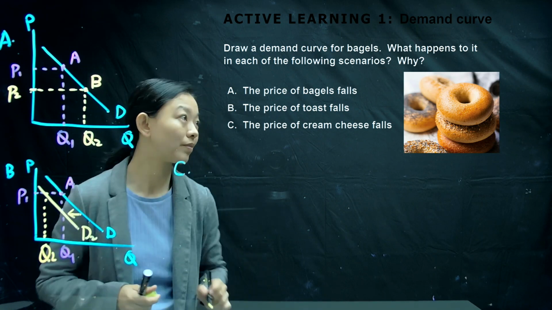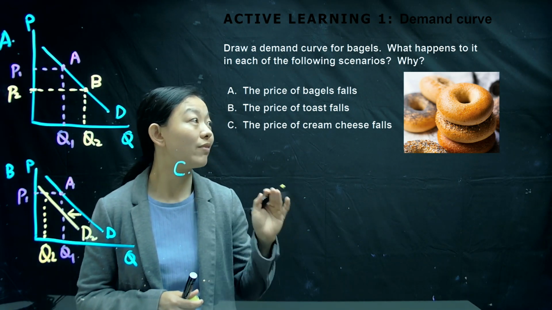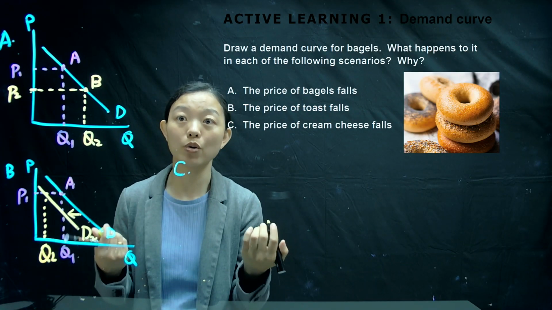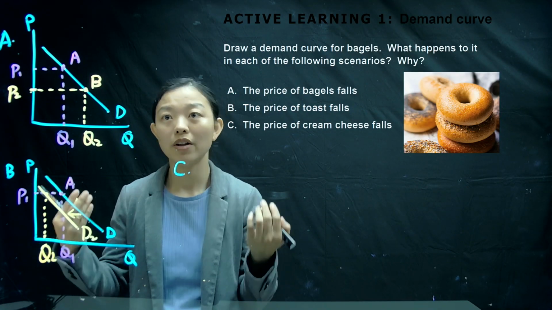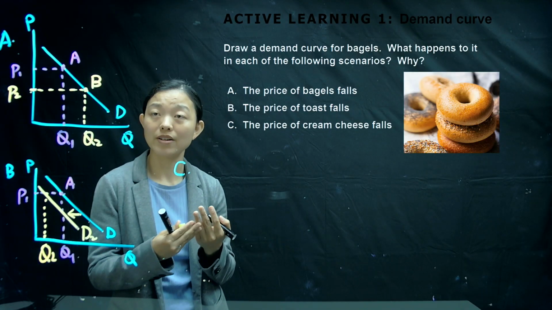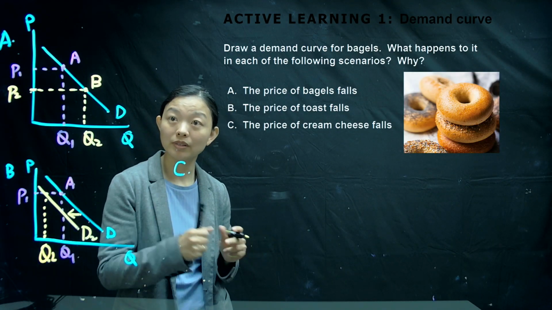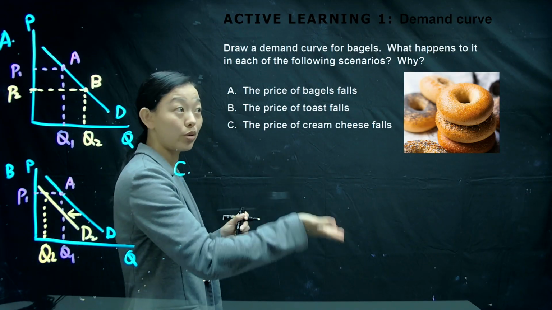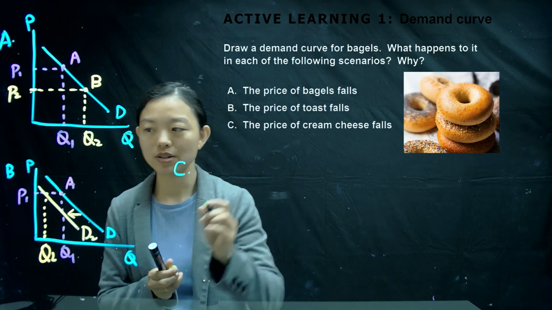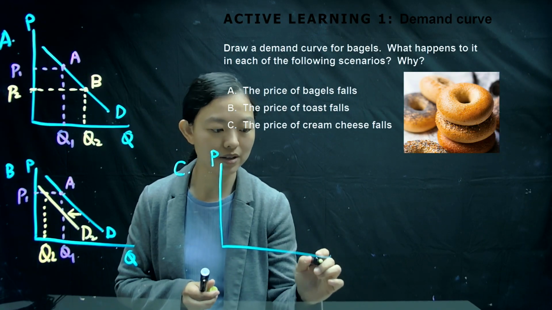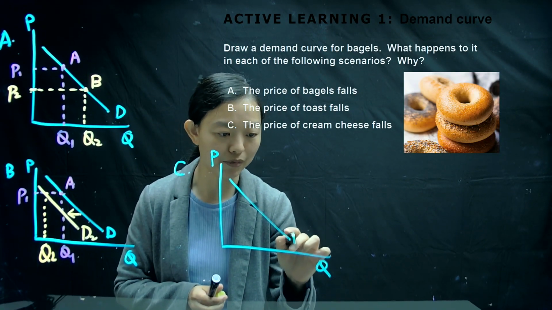Scenario C. The price of the cream cheese decreases. Cream cheese and bagel, what's the relationship? They are always eaten together, right? So if the cream cheese price becomes cheaper, consumers can buy more cream cheese, right? So what happens here? This is price, this is the quantity, this is the demand for